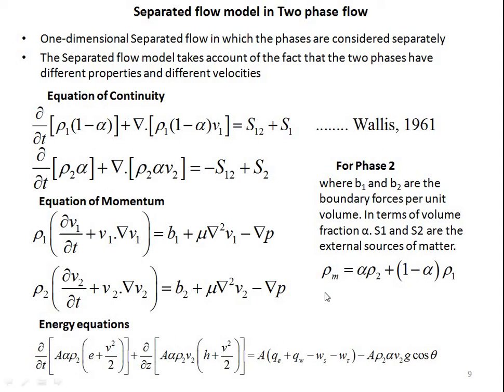If we go by the density of the mixture, we get alpha rho 2 plus (1 minus alpha) rho 1. In the equation of continuity, we have the terms S1 and S2. These are the external sources of matter, and we have the divergence of the velocity vector. So, coming to the equation of momentum, we have